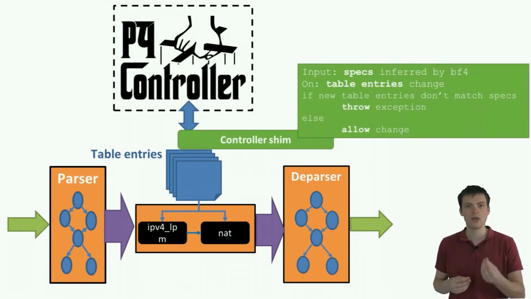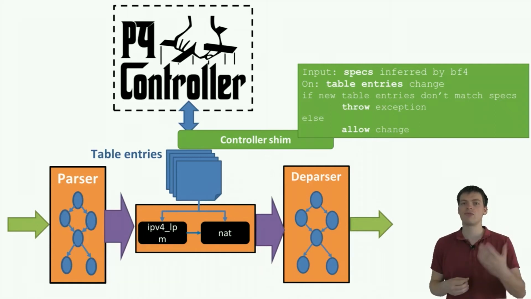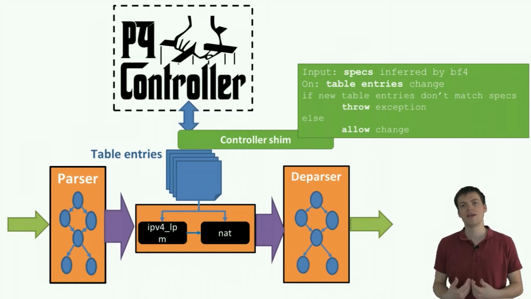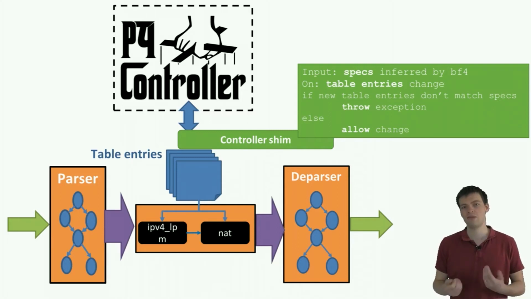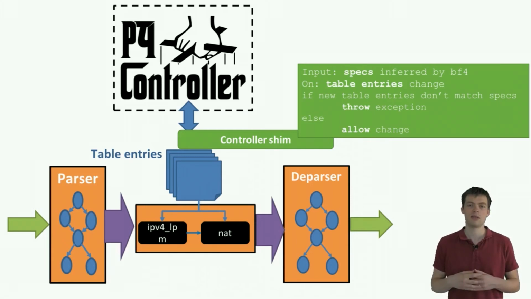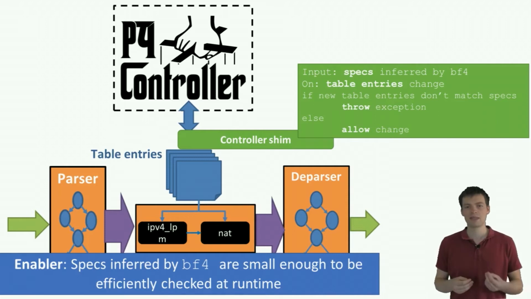So to ensure that no bugs can creep into the P4 code, we intercept every table update coming in from the controller and check if the resulting state is compliant with the specs inferred by bf4. If it is, then the change is allowed to go through, otherwise an exception is thrown and the controller must deal with it. What makes this work is the fact that specs inferred by bf4 are small enough to be